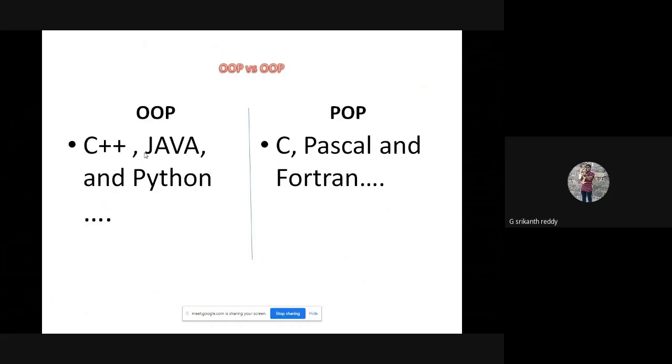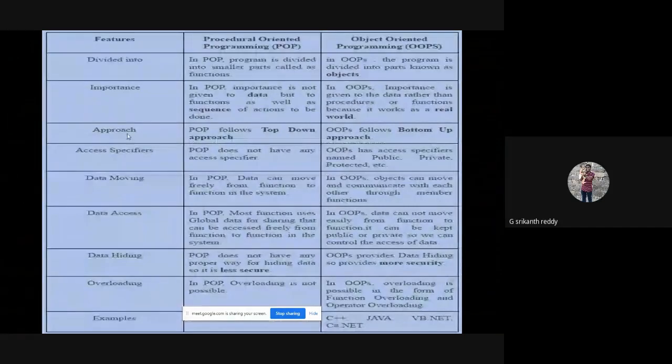Finally, if you summarize the whole thing into one place, we will see what are the differences. In procedure oriented programming, program is divided into smaller parts called functions, as you have done in the last semester. That is, you have divided the program into functions, right? So object oriented programming is new to you.